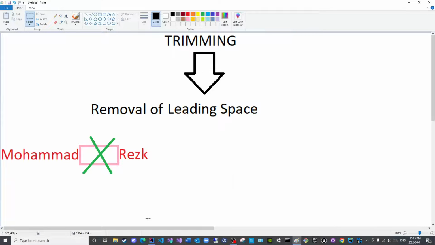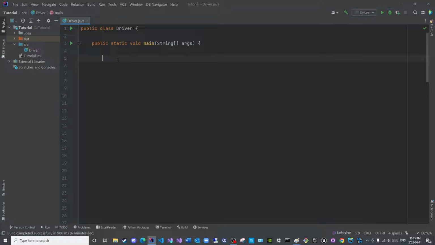Let us see it in an example. String enter. This of course can be implemented if you are tracking an input from a user, and if the user is a douchebag and decides to ruin your input form by placing multiple spaces, you can have the trim method to overcome this issue. So what I will do is I will place multiple spaces like so, and I will type the name Muhammad and then I will say enter dot name dot trim,